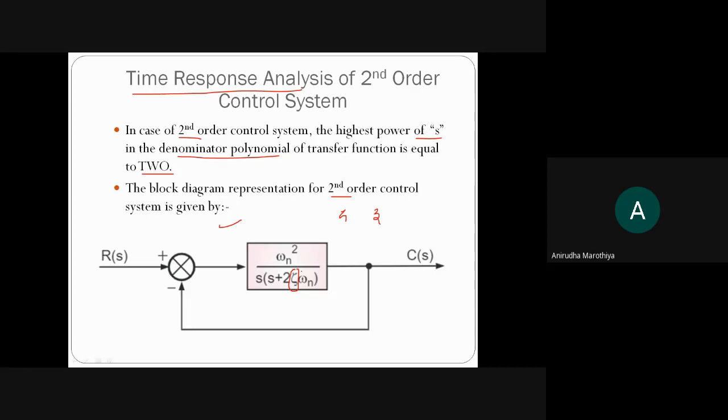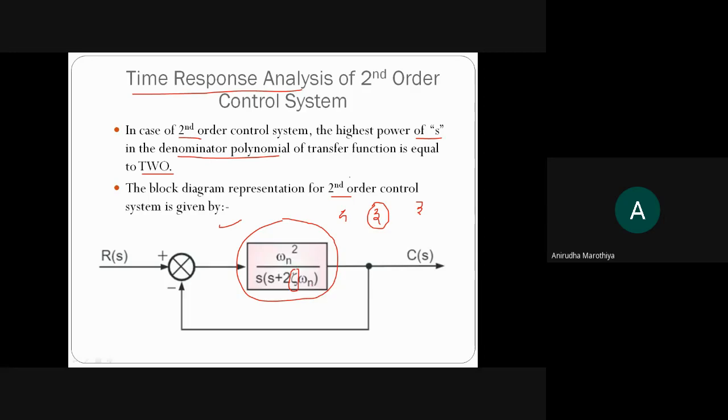You may indicate it via this symbol, or if it is difficult, you may represent it like this, zeta, where zeta is known as damping ratio. So what is damping ratio and how is it going to affect the performance of the system, that we are going to learn in detail. And here we have considered that it is a unity feedback control system. Therefore, the value of h of s is going to be equal to 1. And this indicates your forward path gain, which is nothing but g of s. So g of s is nothing but omega n square upon s in bracket s plus twice zeta omega n.